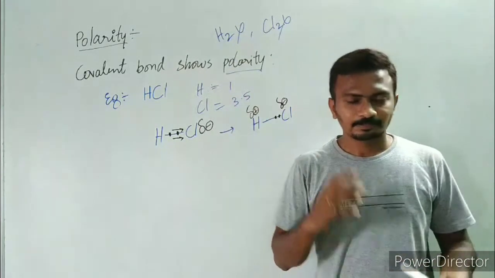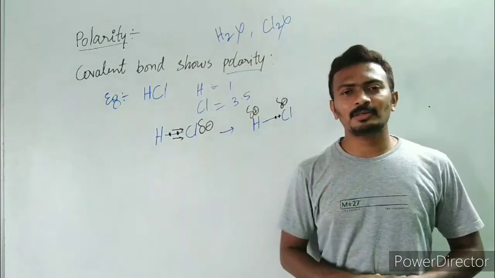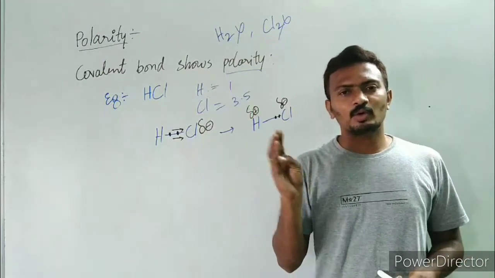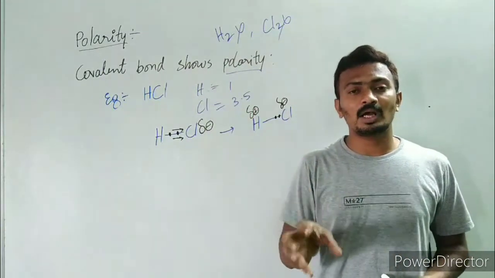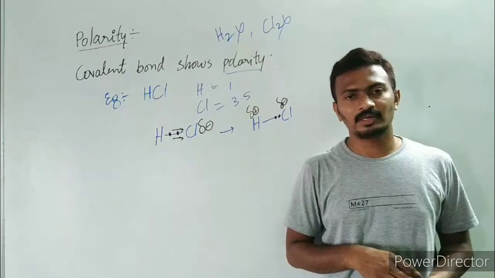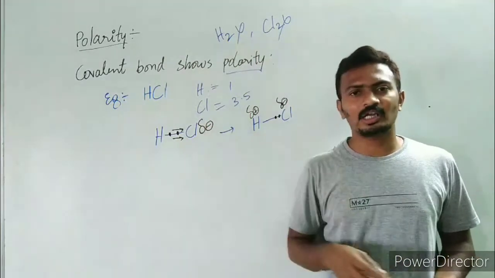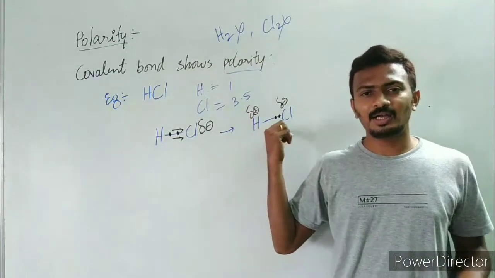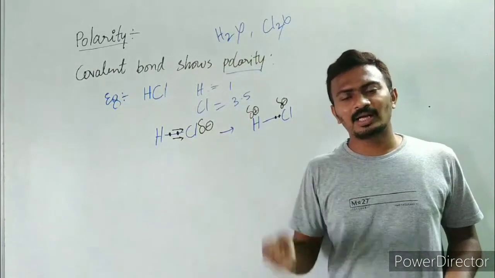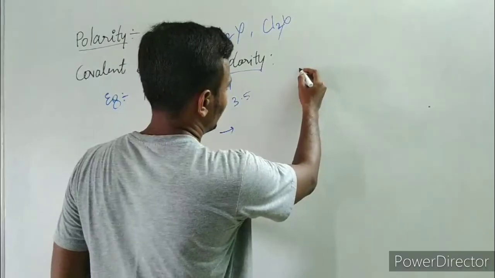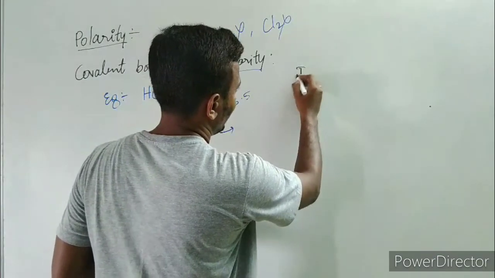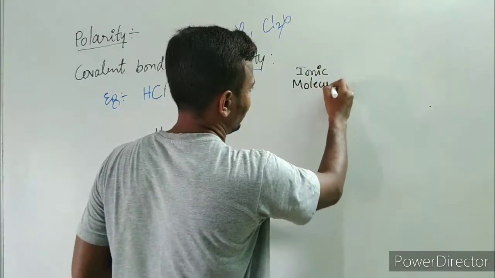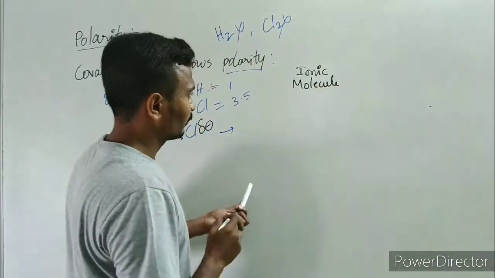Now let us see the comparison of properties between ionic molecules and covalent molecules, and also polar covalent molecules. We also have the third type of molecule, that is the polar covalent molecule. The best examples are hydrogen chloride, hydrogen bromide, hydrogen iodide. First let us take the ionic molecule. For this ionic molecule, we are going to take